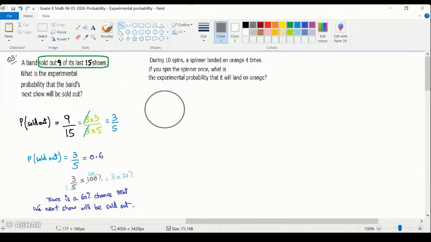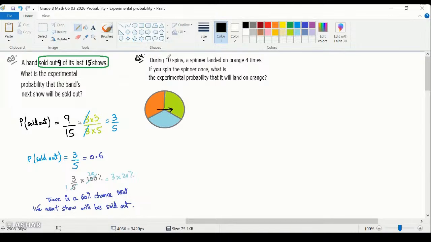We have partitions in it. On a spinner, we have an arrow that can be spun. I'm just picking up different colors because they have given us orange, right? Okay, what they are saying in the question is,